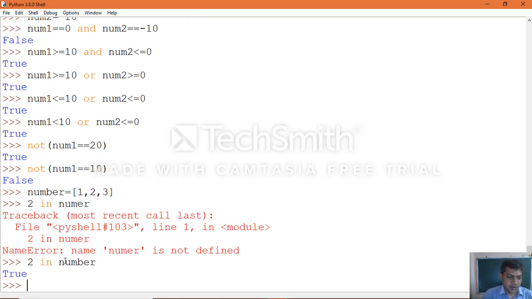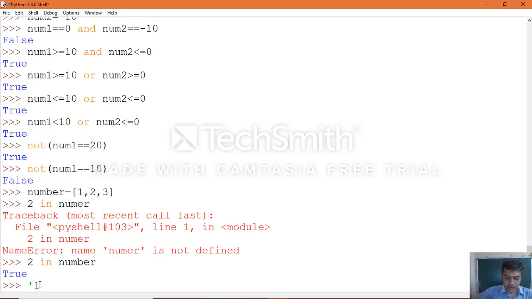Yes, true. The 2 is in the membership operator, in, which we use. This is the sequence variable which we define, number equal to the sequence 1 2 3, and we are checking the condition 2 in number, yes, which is available within the sequence.